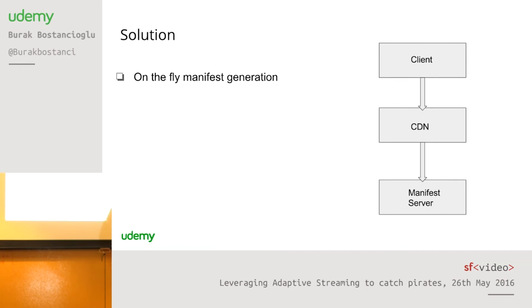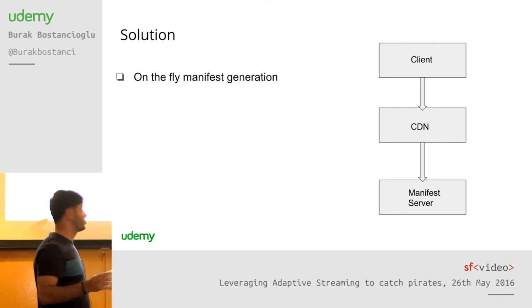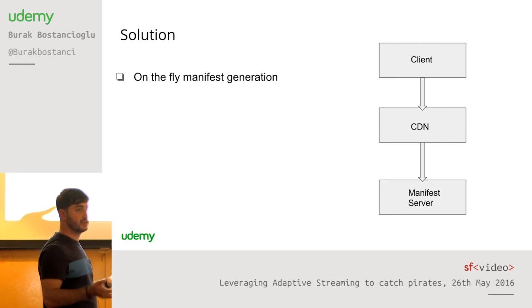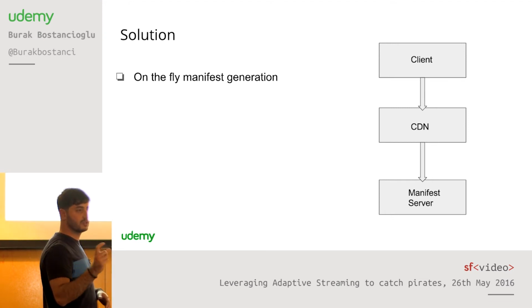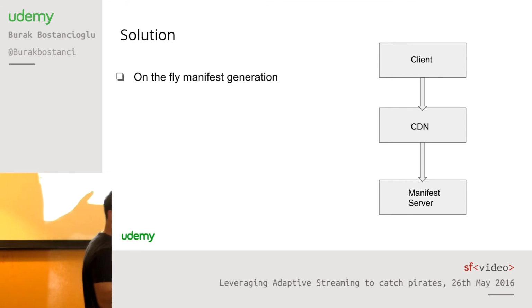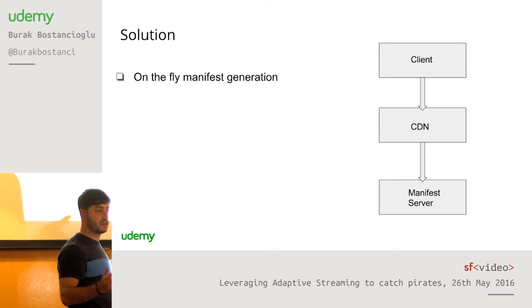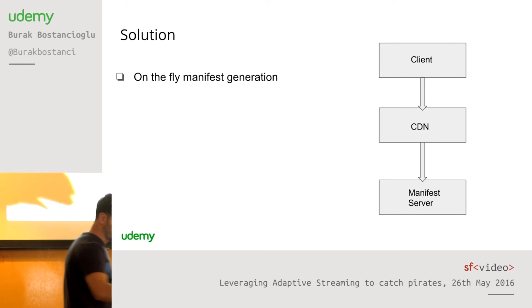Hi, everybody. While working on this problem, we realized that we can actually track users' behavior by generating manifest files on the fly. So what we have done is that we embedded small tokens into the URLs of the small chunks, and this enabled us to track our users' behavior on our end. So there's still a problem here, which is